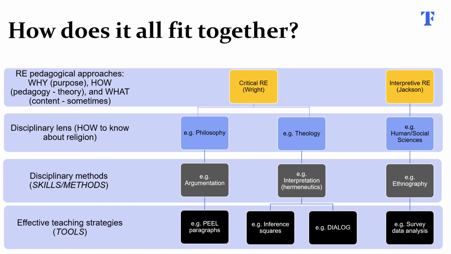There will always be some connection between the specific tools or strategies you're using in the classroom and the higher levels of the diagram. Your chosen strategies support your pupils to move towards the learning objectives, which are influenced by the skills and methods you want pupils to learn, which in turn are influenced by the disciplinary lens you've selected pupils to explore the substantive content through. And that lens choice will have been influenced by your pedagogical approach. This means that some strategies might end up being more closely associated with certain pedagogical approaches or completely inappropriate for use with others.